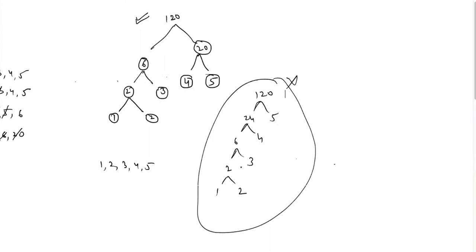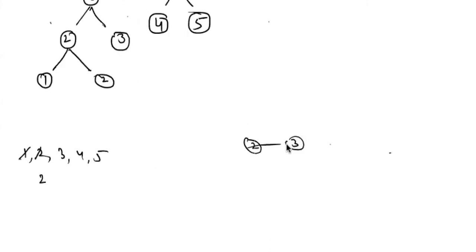right? So this is not the correct solution. What we have to do is look at the intermediate nodes, right? So we are creating the nodes. Initially we have nodes 1, 2, 3, 4, and 5. We have initially these 5 nodes, right? When we join 1 and 2, after joining 1 and 2, they are joined, and now we have this node. So now we have these 4 nodes, 2, 3, 4, and 5. We'll find the minimum out of these 4 nodes. The minimum of these 4 nodes is 2 and 3.